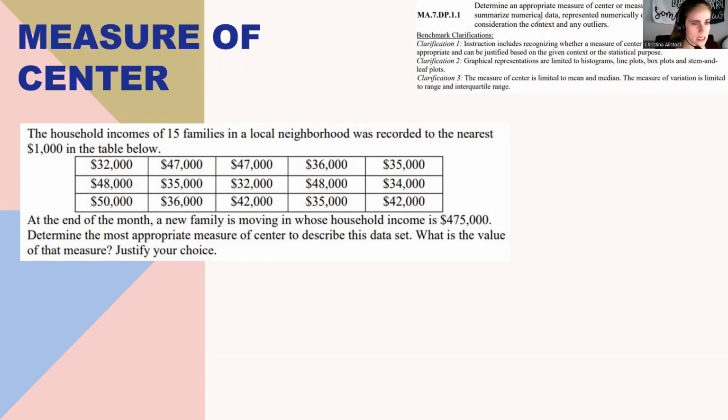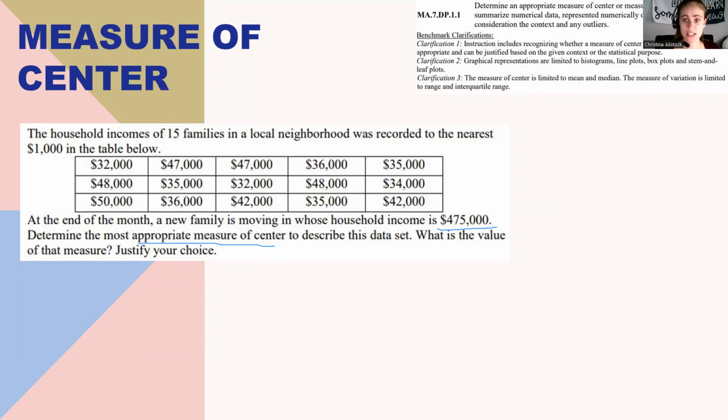All right, the first thing I'm going to do is look at my information here. I can see that in the table, of all these 15 families, it looks like 32,000 is the least. We have several in the 30s, then several in the 40s, and 50,000 is the highest. So all around a similar ballpark. But then this new family that's coming in has a household income of $475,000. Ooh, that is a big difference compared to all the ones in that table. So that is something that I need to keep in mind as I am determining the most appropriate measure of